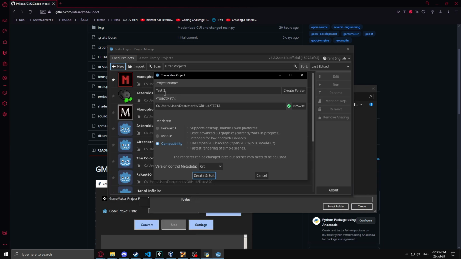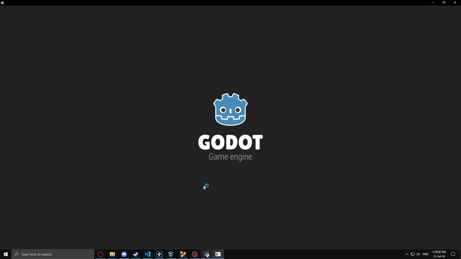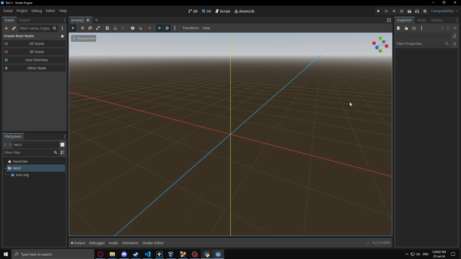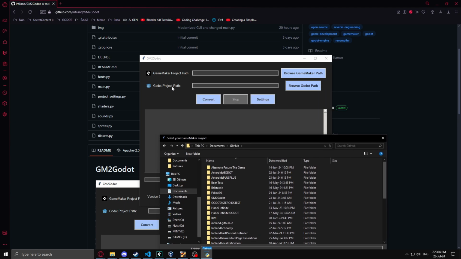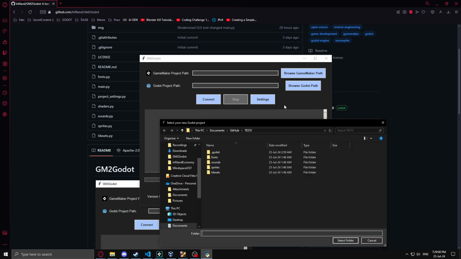I'm going to select this folder. Keep in mind this project is called test 3. I'm going to create it. And basically, this is going to be created right here, and I'm going to close this project because it's empty. I recommend making empty Godot projects for this. So if I select this now,